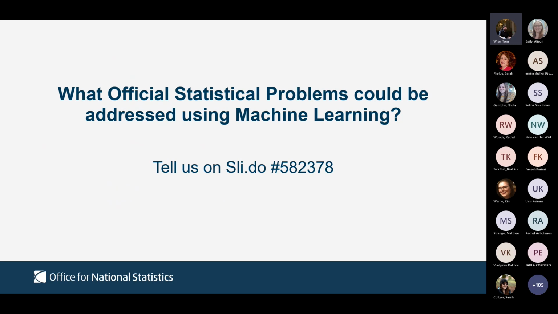Before we dive into the use of machine learning, on Slido, I've got a question. What official statistical problems could we address using machine learning? Although a lot of us here are National Statistics Organization individuals, you can be as specific as you like, but bear in mind confidentiality and security concerns when discussing these problems. But have a think about and mention a problem that you think your organization could address